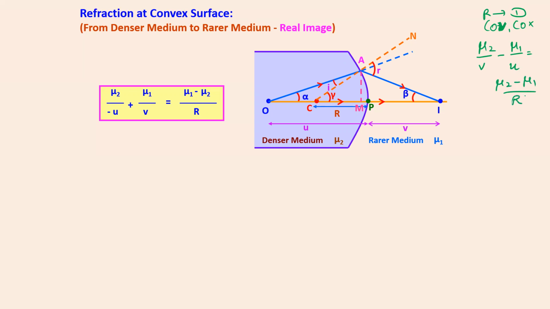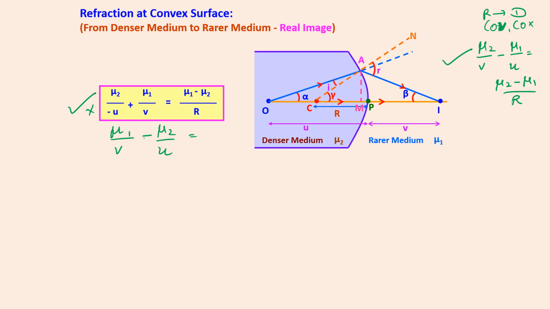But you know what is the change with this and that? You can check that it is just mu1 and mu2 that are replaced. You can see that it is mu2 by minus u. That means your new formula, you are not going to write in this manner. You're going to write in this manner: mu1 by v minus mu2 by u is equal to,